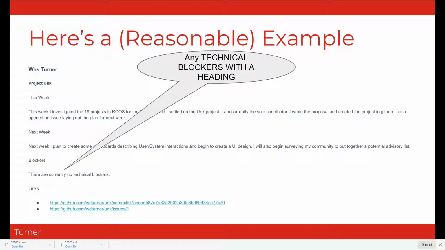Blockers. I need a blockers section with a heading so I can tell that there are blockers. These should be technical blockers. What we're mostly interested in is, where are you stuck in a place that we can help, right? So technical blockers could be, I have to interface with the Office of Disability Services or something. That's both a community blocker, but it's part of forming the community or part of formulating your project.